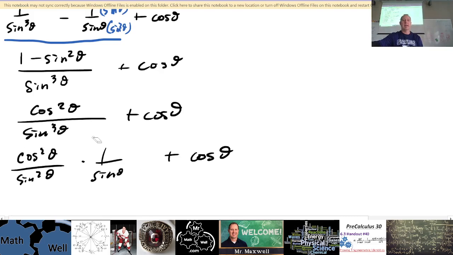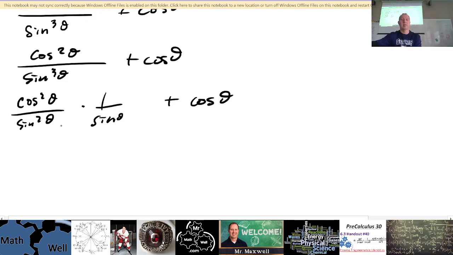And I do that because cos over sine is cotangent, and cos squared over sine squared is cotan squared. And 1 over sine is cosecant. So I have cotan squared theta from here, and I have cosecant theta from here,